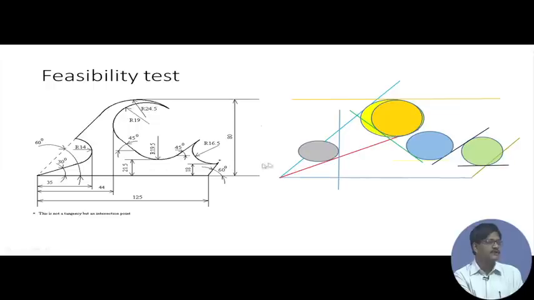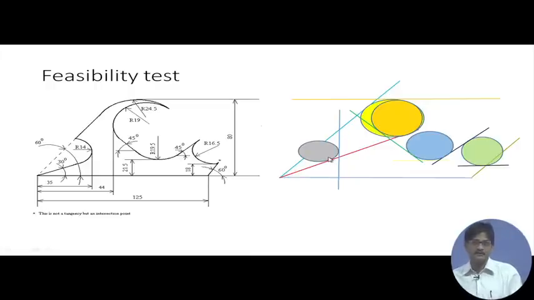So, first of all, let us see, we have a straight line here to start with at 30 degrees. So, we reproduce it here, there is a line at 30 degrees. Next, we have another straight line at 60 degrees starting from the origin. So, we draw another line at 60 degrees. So far so good, but there is a circular arc here, we do not know its position directly from the drawing, but from the drawing it is shown that it has a vertical tangent at 35 millimeters away from the origin along the x axis. So, we draw that line first and find that